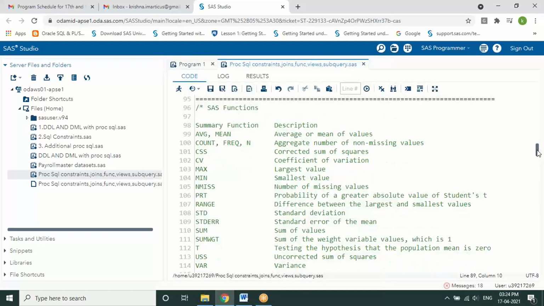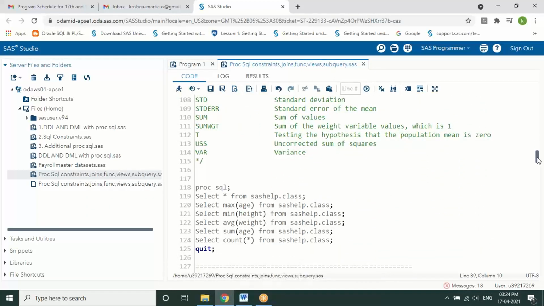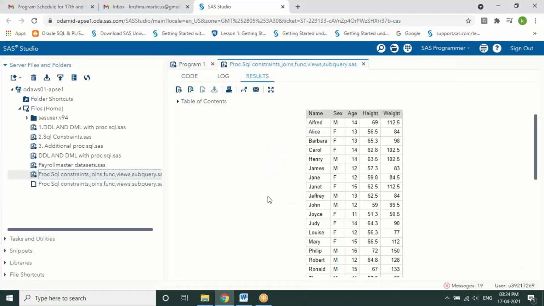You can use all these summary functions related to the SQL here, like average, mean, count, frequency, CSS, all the statistical functions. You can just impose them, or else we have already worked on these functions earlier. But coming to the SQL, these kinds of functions can be used. I've listed out the functions with a few examples and syntaxes. There is a table called sashelp.class, upon which I'm going to use these aggregate functions like maximum, minimum, average, count, sum, and everything, which you can apply over the SQL statements of SAS as well.